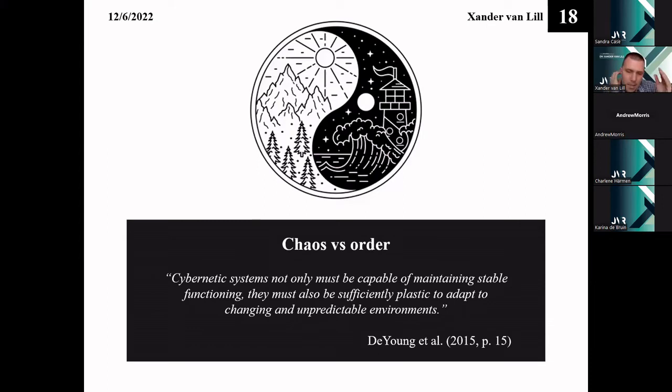So cybernetic systems, and I'm going to quote Colin DeYoung verbatim here, not only must be capable of maintaining stable functioning, but they must also be sufficiently plastic to adapt to changing and unpredictable environments. And so what we try to depict with this yin-yang symbol is that these are cyclical processes. They are not opposites of each other, but they mutually reinforce each other. While as humans, we have to be able to stably work together in social groups and collaborate in order to achieve our collective goals, we also have to be able to deal with